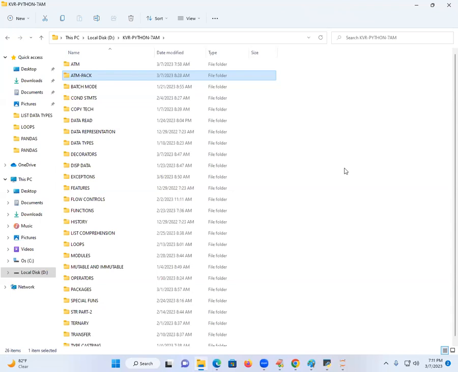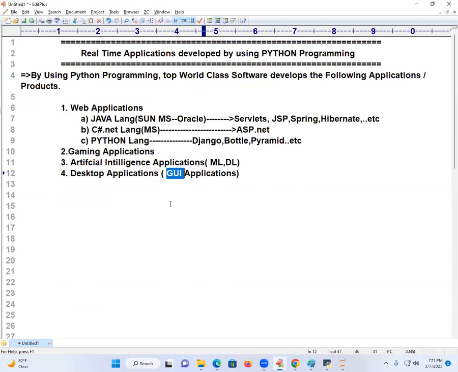Not that. Subject is subject you learn. Practically you learn, then only we can get the subject. Otherwise, zero. Are you getting me? So such a type of GUI applications you want to develop, what is providing? Python is providing a separate module for that.